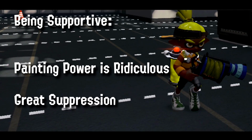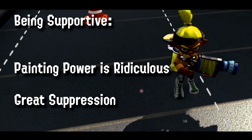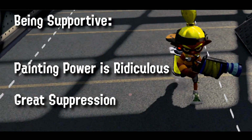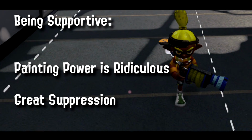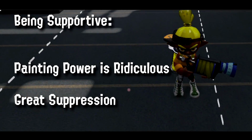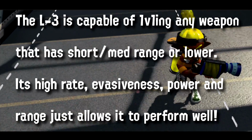The weapon has a ton of efficiency. Majority of the time, you're not going to be running out of ink, since also when you get your special, it's going to replenish your ink tank. Since the burst fires are also very frequent, this weapon has great suppression, which can be very helpful when working together with other teammates. Now, I'm just gonna say it now, this weapon is probably one of the best Slayers